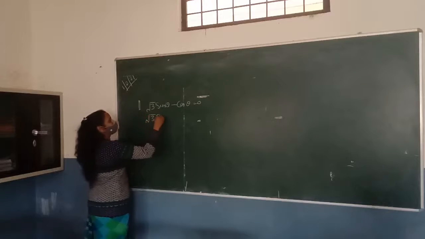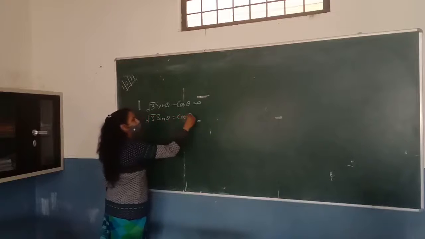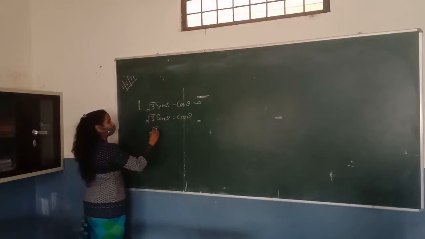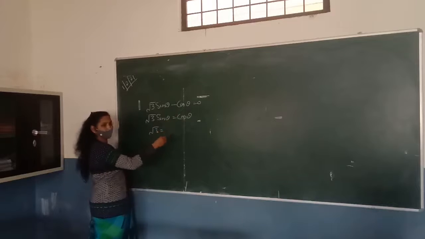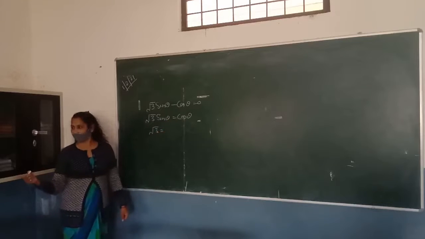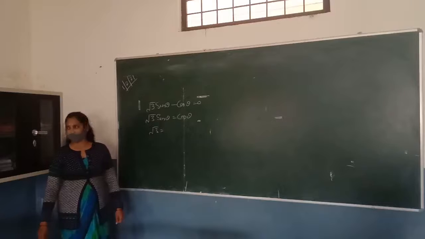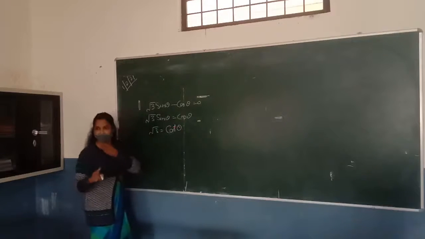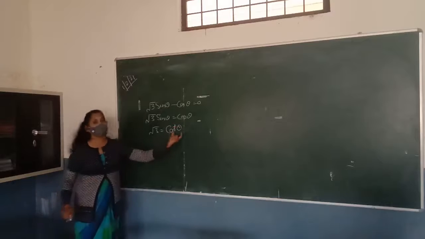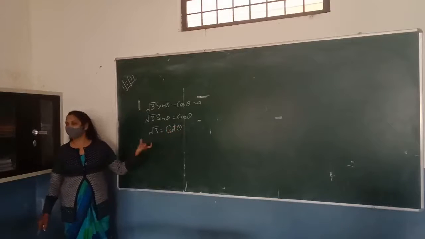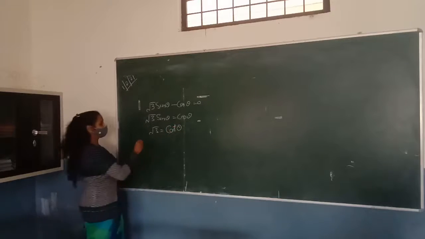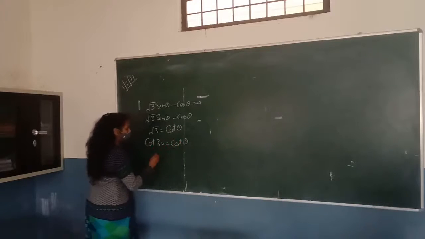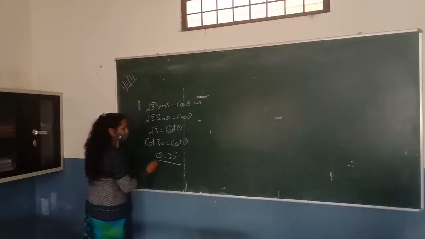So for this question, we can take cos theta to the right side, like root 3 sin theta is equal to cos theta. Now we can take sin theta in the denominator. It will be root 3 is equal to cos theta upon sin theta. And what is cos upon sin? Cot theta. Cos theta upon sin theta is cot theta. For which angle is the value of cot theta root 3? 30. So cot 30 is equal to cot theta, so theta will be 30. Okay, Mansi?